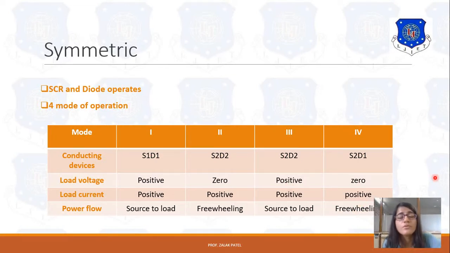Means if you operate in mode 1 or mode 3, the switching time, or turn on or turn off time, of that equivalent circuit is comparatively larger than if it operates in mode 2 and mode 4, because in mode 2 and mode 4 freewheeling action takes place, and if freewheeling action takes place, then the switching time is very small in that particular mode.